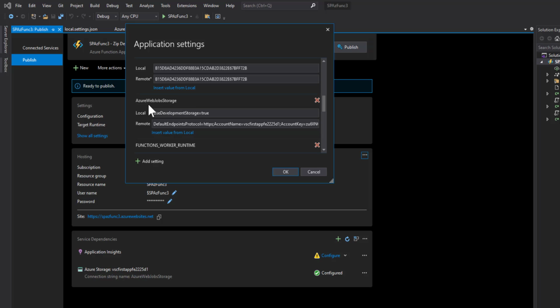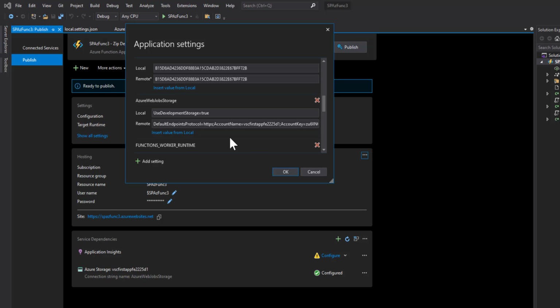This one is Azure Web Jobs Storage. For development in local, it will use the emulator, and for remote, it automatically defines the connection string from the storage account, so you don't have to change this. Please be careful while updating this. If you update it from the local, your function won't work.